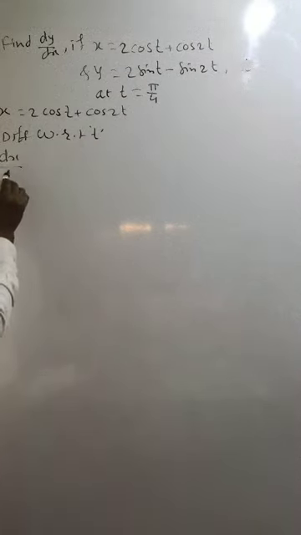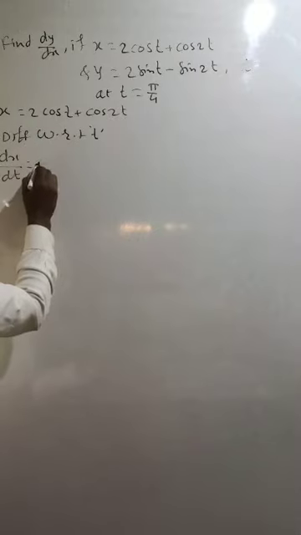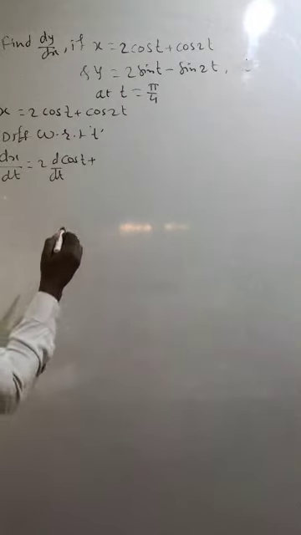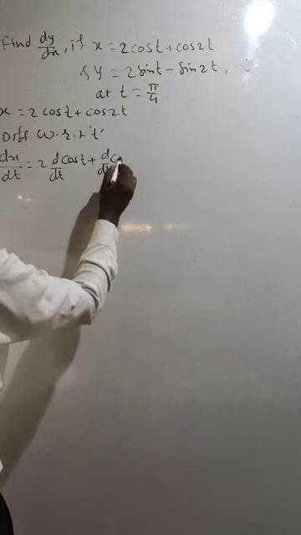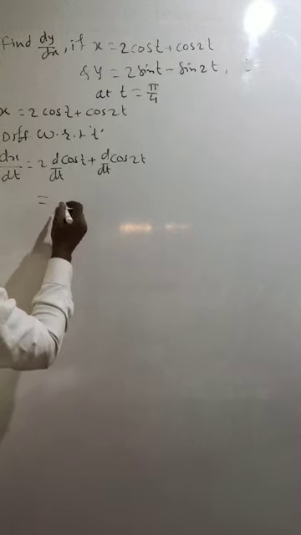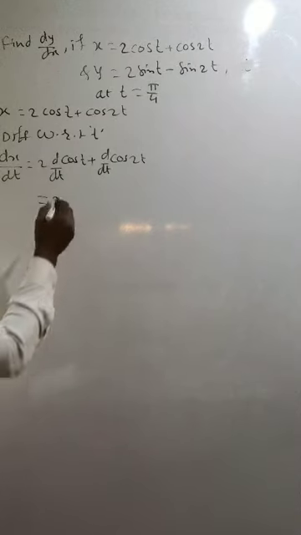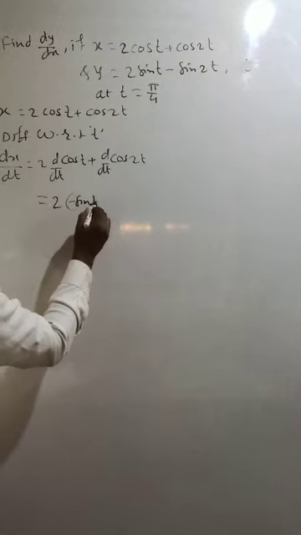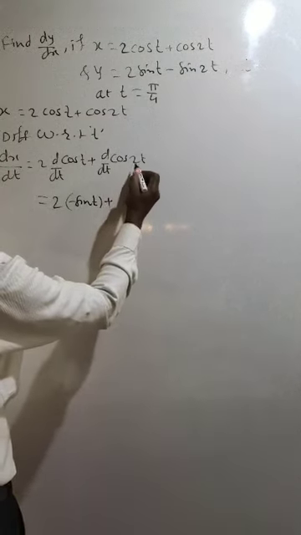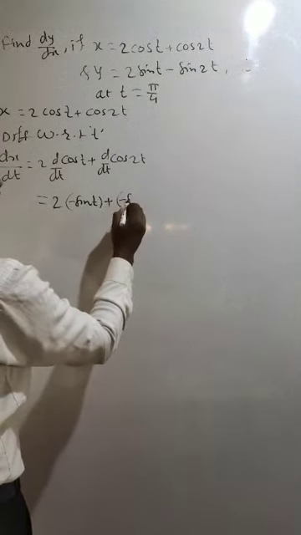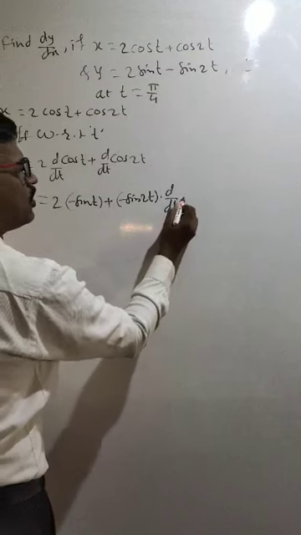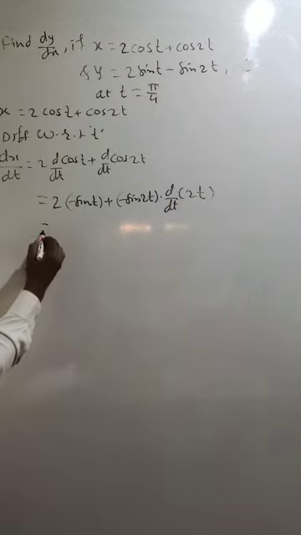Therefore, dx by dt equal to 2 into d by dt of cos t plus d by dt of cos 2t equal to 2 into d by dt of cos t, minus sin t, plus d by dt of cos 2t, minus sin 2t into d by dt of 2t equal to